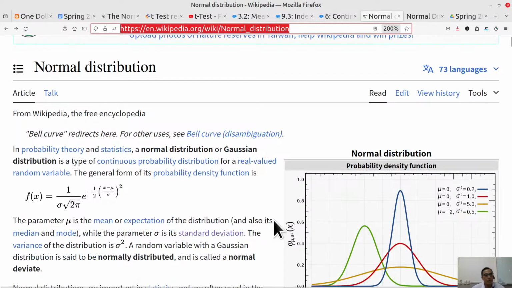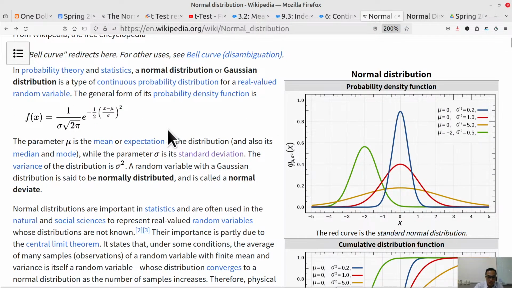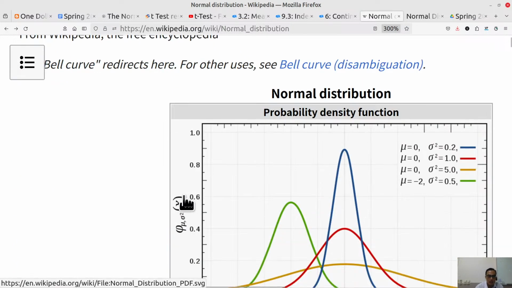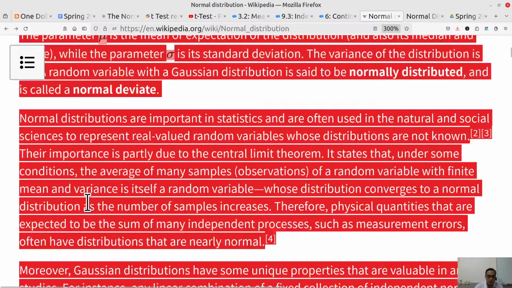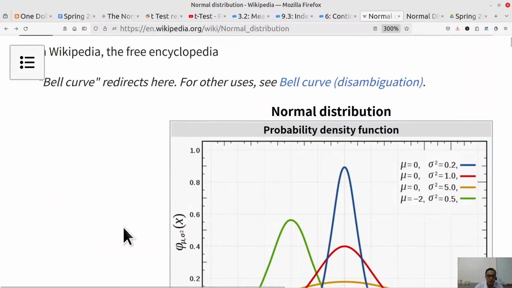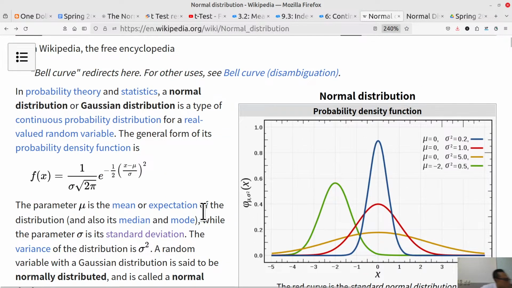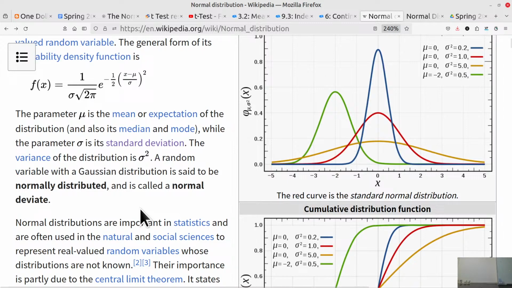Okay, about the normal distribution, before I go to the textbook, I think I prefer to use the information from Wikipedia because it's beautiful and friendly here. Okay, can you see the equation here? The function is equal to,